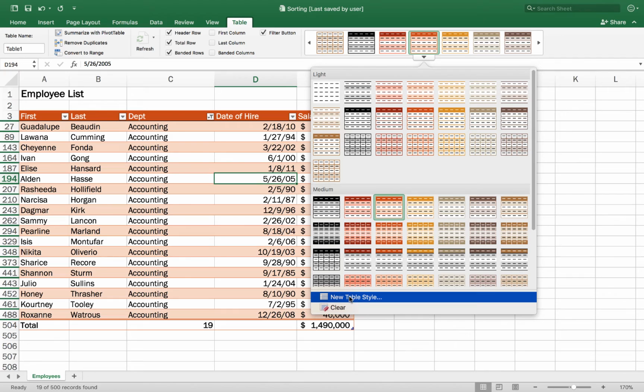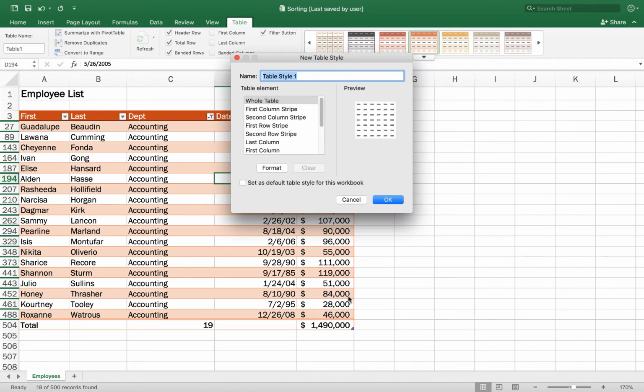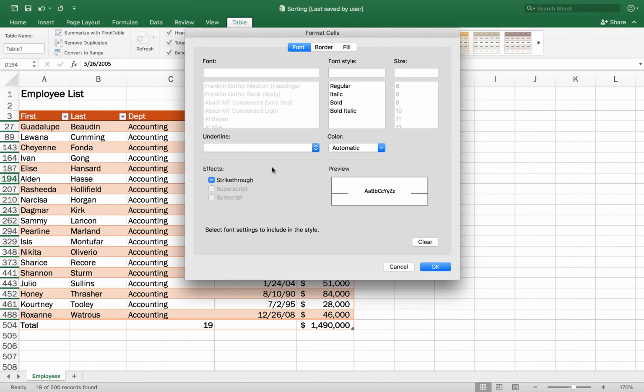And then actually for table styles, if you click on new table style, this is actually for a table. This is where you can define the different pieces of it, the different components. So you can't change it in the theme, but you could change it for the table here. So I can specify any of these different pieces here. You can specify the first header cell and some different options. There's an option for the header row, so I could click here and then go format and then modify that to whatever options I want. So yeah, not within the theme, but within the table you can do that.